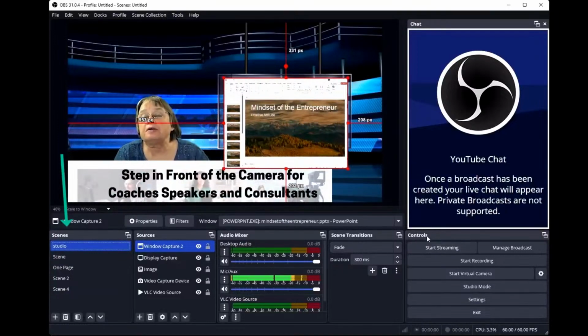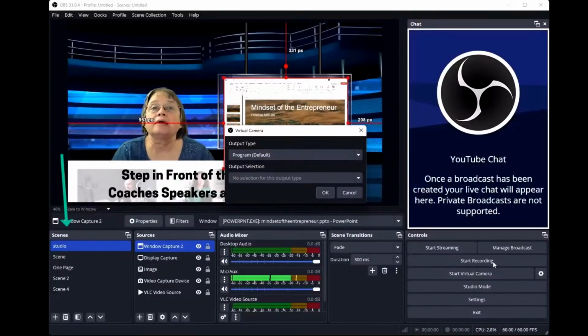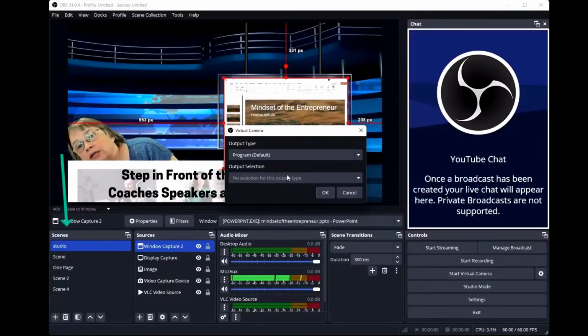And then over here are the controls for start streaming, managing your broadcast, start the recording, and then you can make choices for your virtual camera. And I did this in order to make myself smaller within my camera. I had to use this